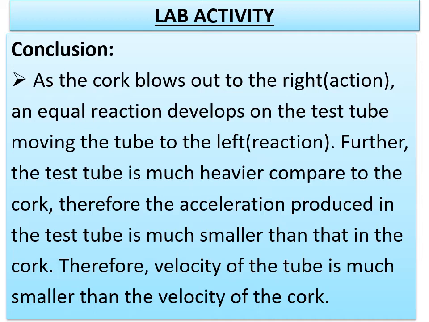So to equate both the forces, one body having more mass, one body having less mass, automatically the body which has more mass will experience lower acceleration. The body which has less mass will experience more acceleration. Okay, I hope you have understood. So that is the case. The test tube is much heavier compared to the cork. Therefore, the acceleration produced in the test tube, the movement of the test tube, will be less as compared to the cork. And one more point you have to remember here,